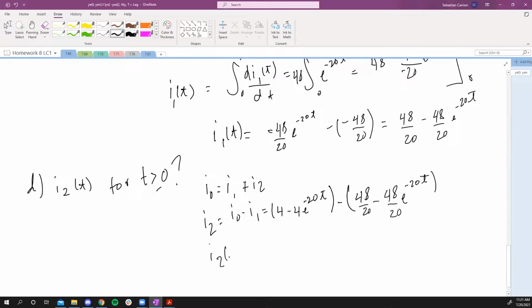And we simplify these values. So 48 over 20 is 2.4, sorry. So it's 1.6 minus 1.6e to the negative 20t. And this would be